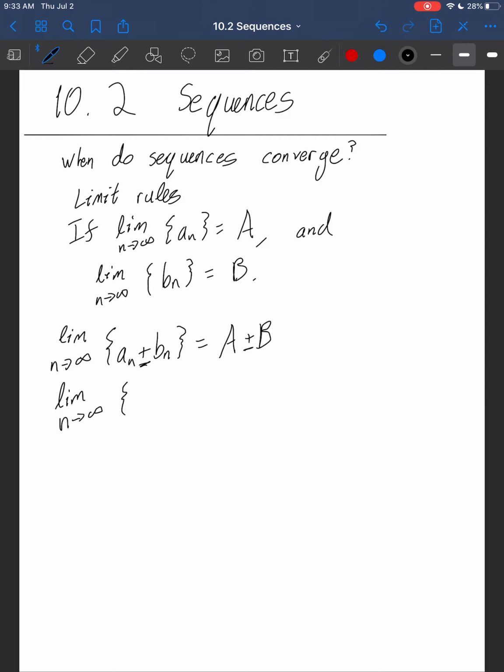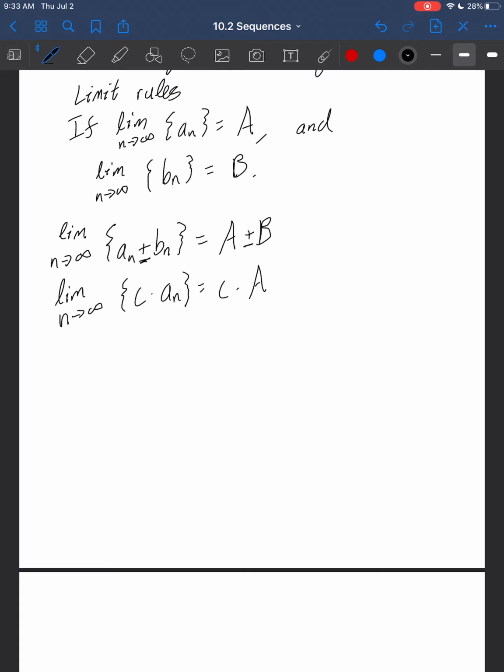Furthermore, if we introduce a constant, so we take all of the terms in our sequence and multiply them by some constant c, this is the same as taking c times a. Similarly, we can do the same thing with multiplication: the limit of a_n times b_n is a times b. And then we can do the exact same thing with division: a_n divided by b_n